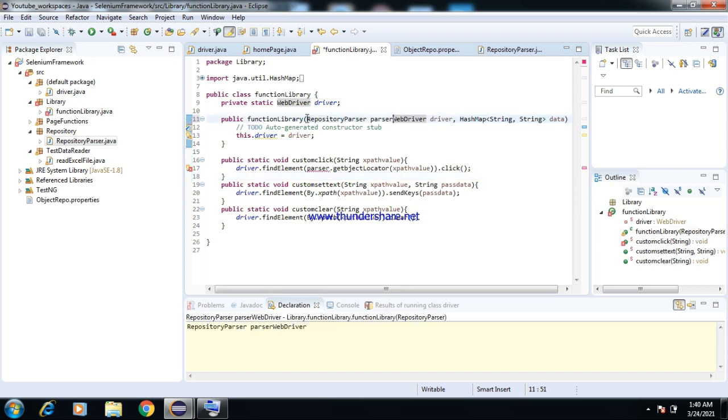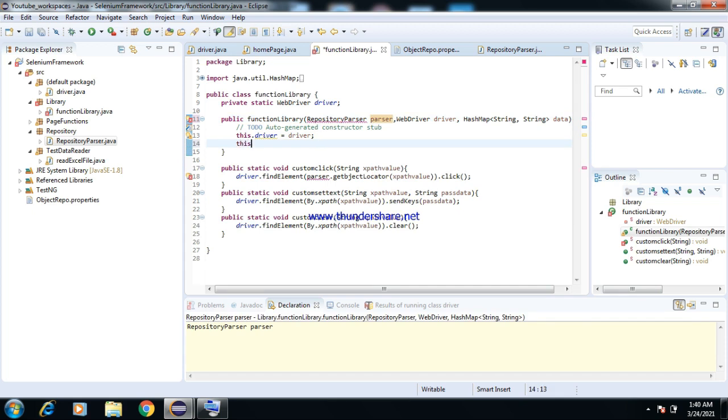In the functional library, I need to add this parameter, parser. Similarly, I need to add this in the constructor.